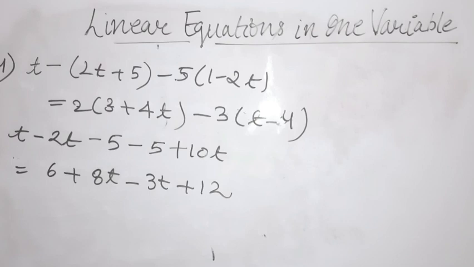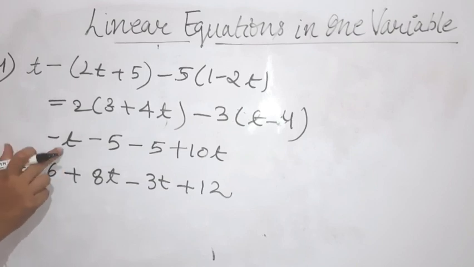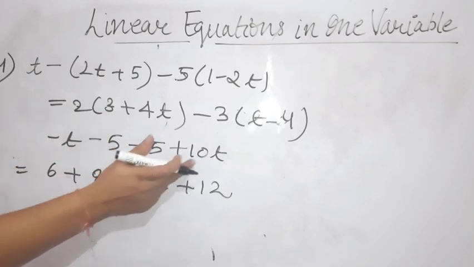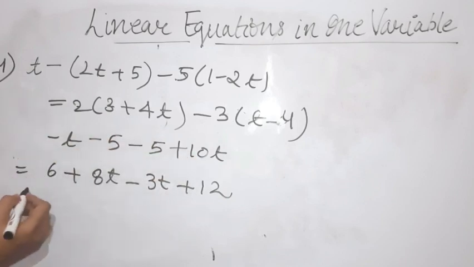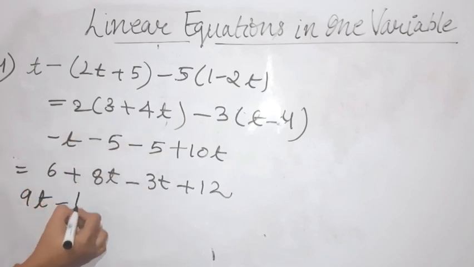Now collecting the like terms together. t minus 2t will be 1 minus 2 is minus 1 because the sign of the greatest number is applied. So I am rubbing 1t from here. Now minus t is left. Now minus t plus 10t, plus minus minus, sign of the greatest number. So 10 minus 1 is 9. So the final answer will be 9t. And minus minus is plus, but the negative sign is used. So 9t minus 10. This is the left hand side. We have solved. Now we have to solve the right hand side.